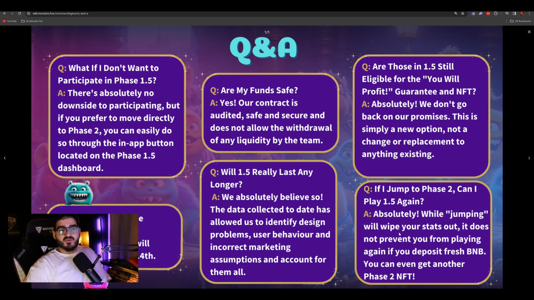Now, this is the last question. If I jump to phase 2, can I play 1.5 again? And the answer is absolutely. While jumping will wipe your stats out, it does not prevent you from playing again if you deposit fresh BNB. So you can start phase 2 NFTs, and you can start phase 1.5 with fresh BNB, making it a double whammy. You're still going to be getting your stable coins on a weekly basis on Wednesdays to your wallet,